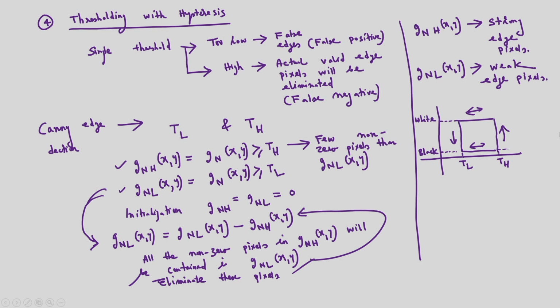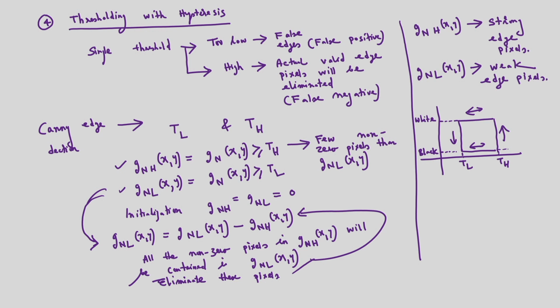So after thresholding with hysteresis, I am getting two images: G_NH, that corresponds to strong edge pixels, and G_NL(x,y), that corresponds to